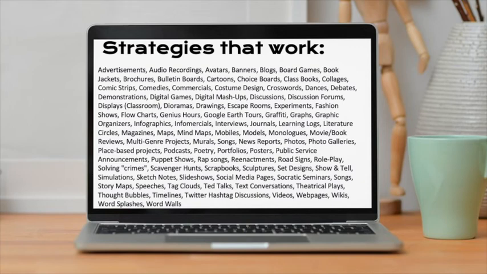Here are close to 100 ways students can express their learnings. Many can be performed during distance or hybrid learning experiences. There's advertisements, audio recordings, avatars, banners, blogs, board games, book jackets, brochures, bulletin boards, cartoons, choice boards, class books, collages, comic strips, comedies, commercials, costume design, crosswords, dances, debates, demonstrations, digital games, digital mashups, discussions, discussion forums, displays, dioramas, drawings,